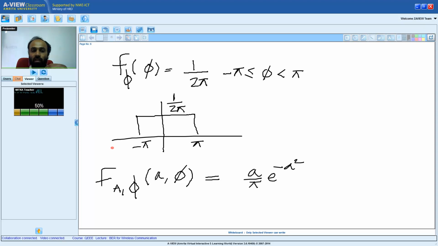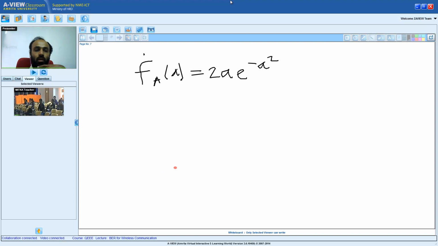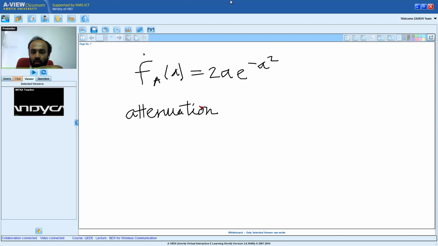See, we have this fading channel distribution, which is f of a. Now my question to all colleges is the following. Can someone prompt me for the answer? f of a equals 2a e to the power of minus a square. Can someone tell me what is the probability that the channel attenuation is greater than minus 20 dB? Is the question clear? That the wireless channel quality is poorer than minus 20 dB.